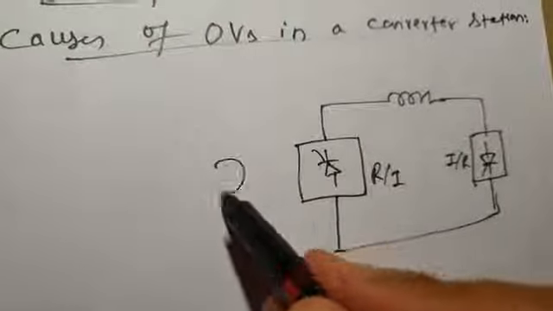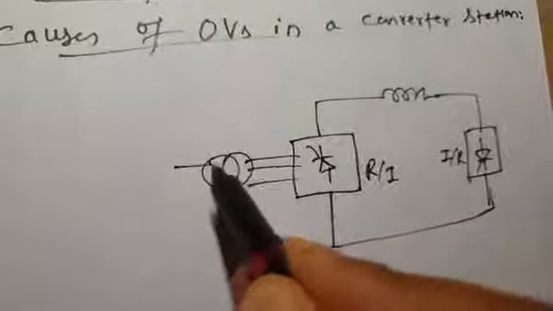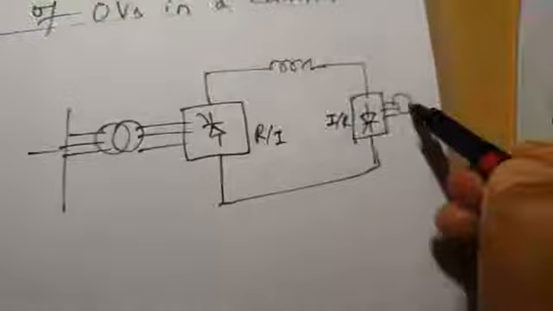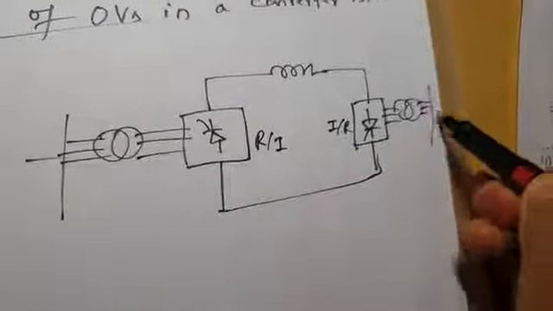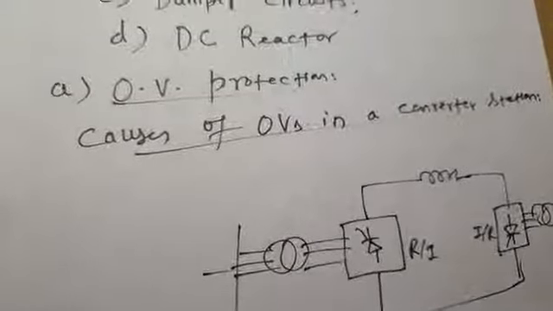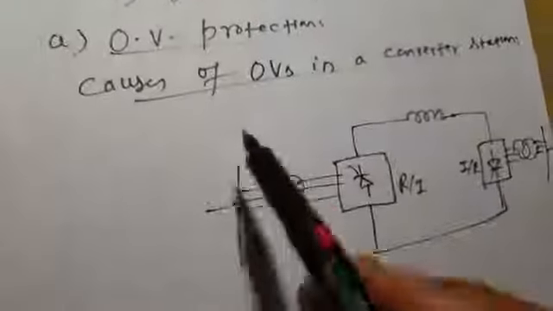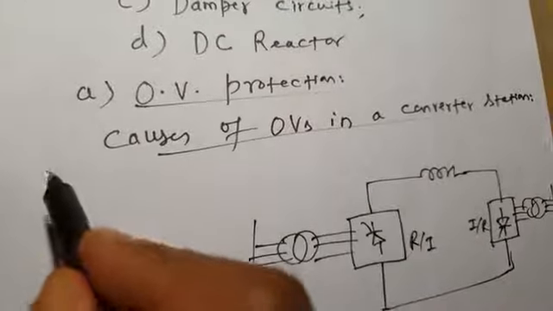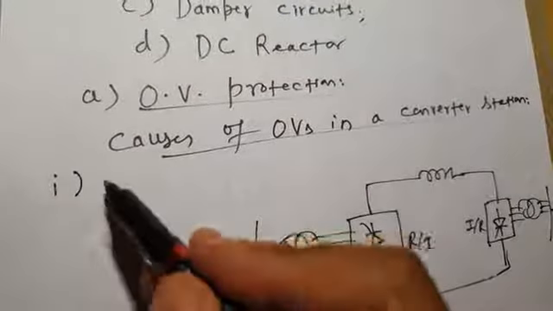Okay, so this is the AC side. Similarly, here on this side also you have the converter transformer, and then the AC side. Now when we discuss over voltage protection, or the causes of over voltages in a converter station, there may be various causes. Maybe number one,